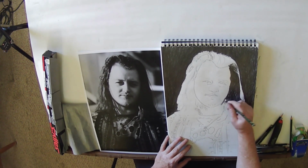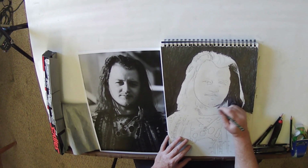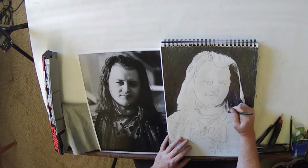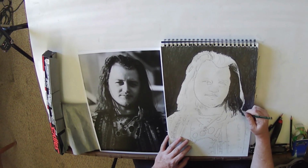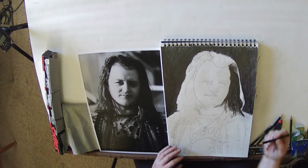And of course that transfer method with the graphite transfer sheet can be used in a whole range of other applications. Alright, so that thing has gone all the way down,